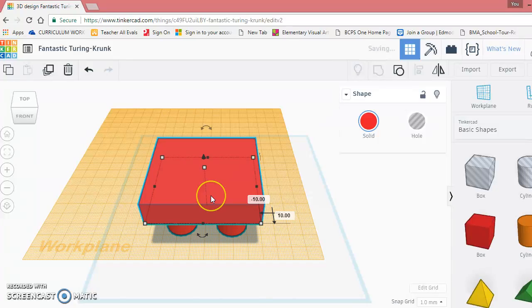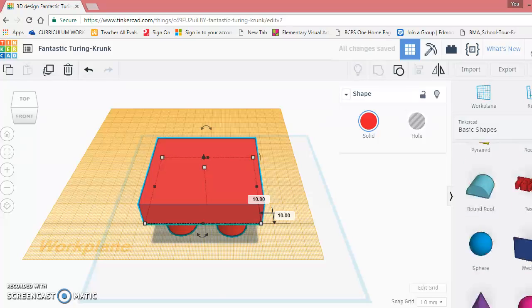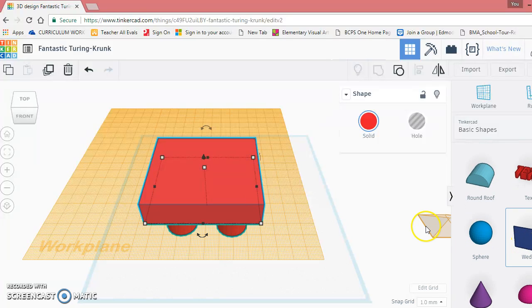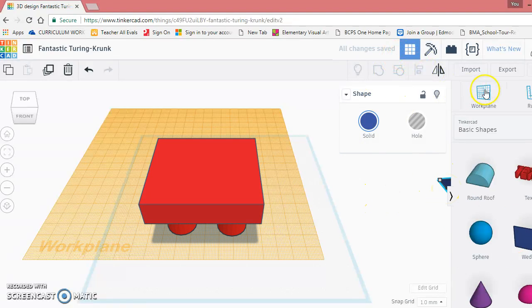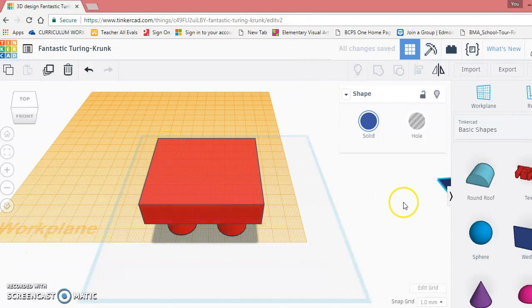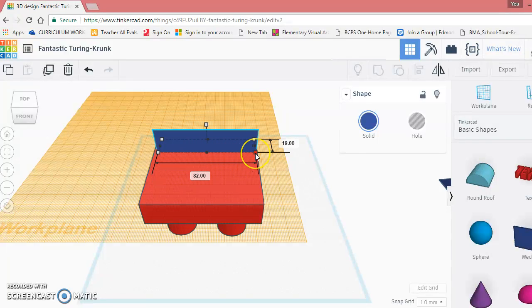It moves around. I want to add a back to the chair. So I'm going to scroll down and grab this wedge shape and pull this out. Oh, before I do, put it back. I'm going to grab a work plane. It makes it so much easier to build on. You don't have to go backwards. Now I have another work plane. I'm going to grab my wedge tool and pull it up here to the end, and that's too small. So I'm going to pull this out, stretch it across, and look at it from the top,